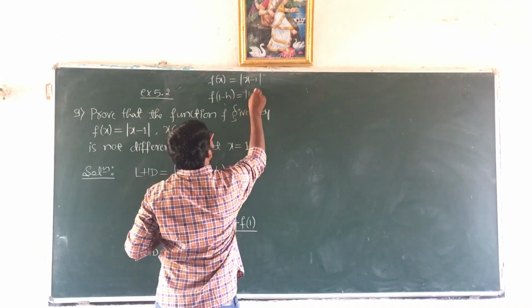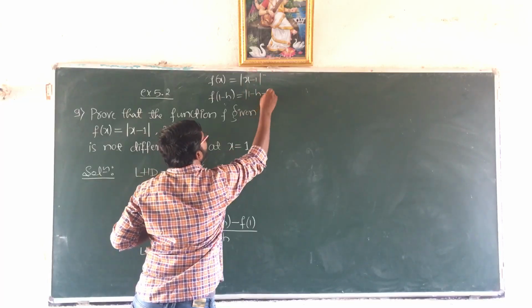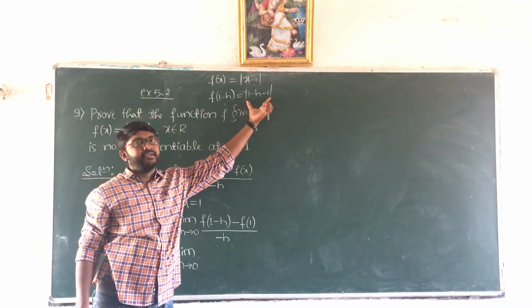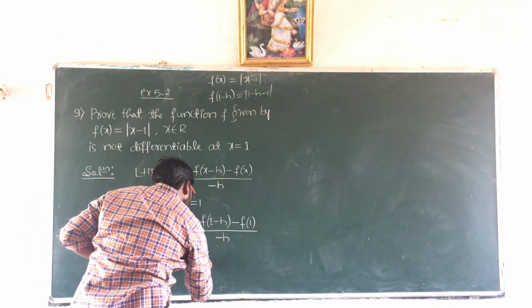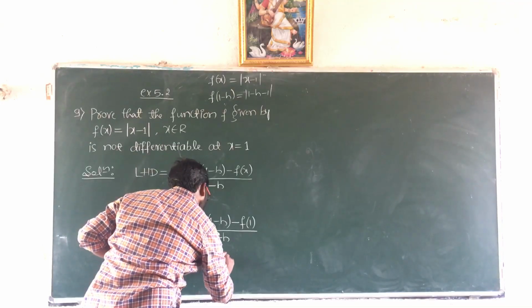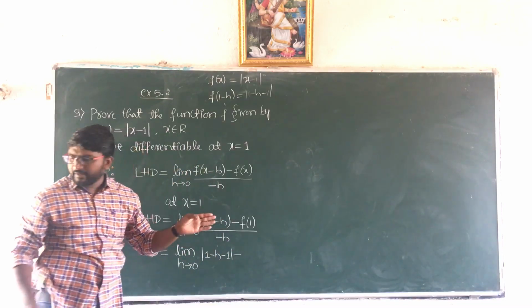So we get 1 minus h, in place of x I am writing 1 minus h, and then minus 1 at the end as it is. So this is nothing but f of 1 minus h. So let us write that down. It is mod 1 minus h minus 1,